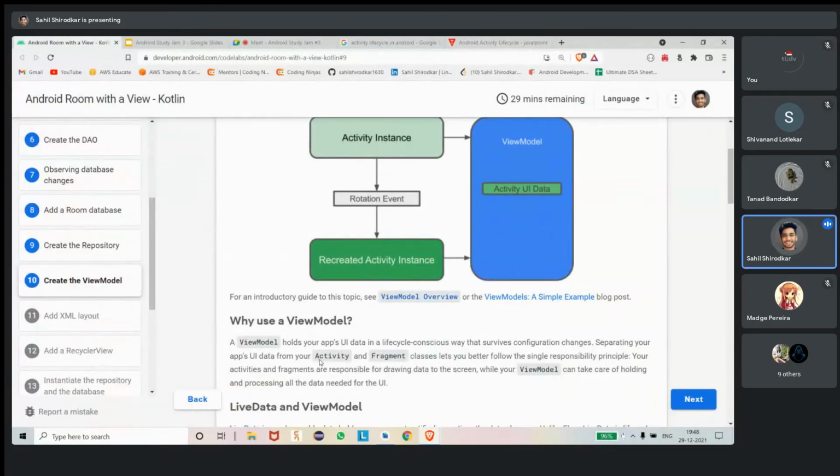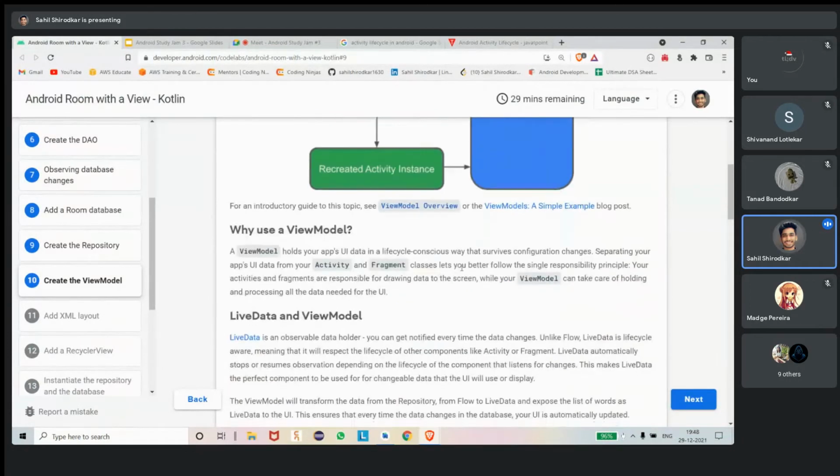Separating your app UI data from activity and fragment classes lets you better follow the single responsibility principle. Your activity and fragments are responsible for drawing your data to the screen, while your view model takes care of holding and processing all the data needed for the UI.